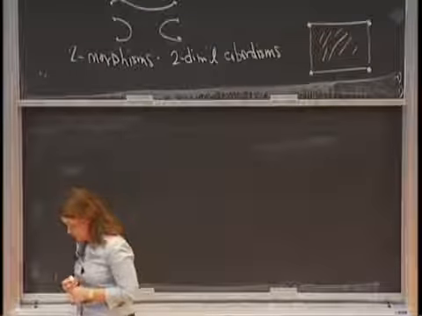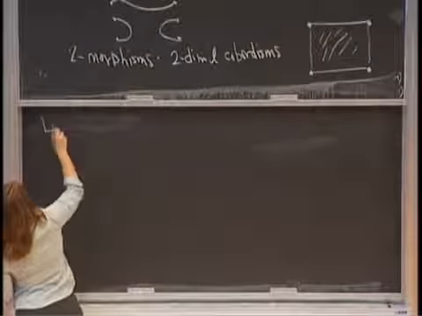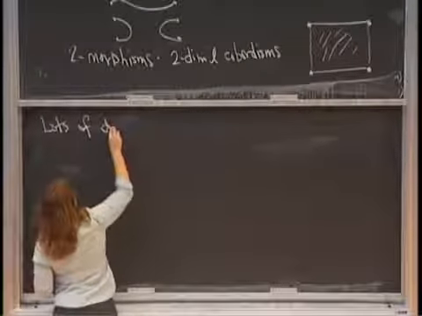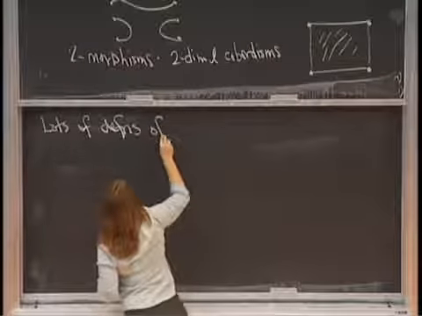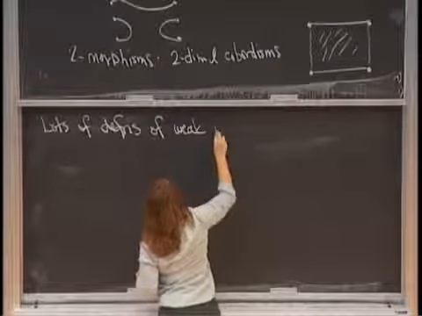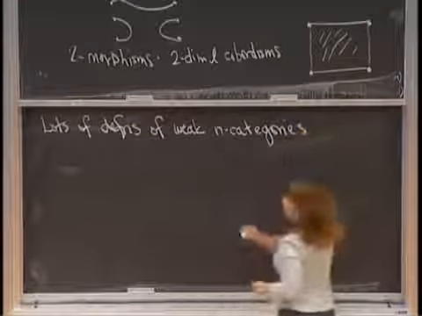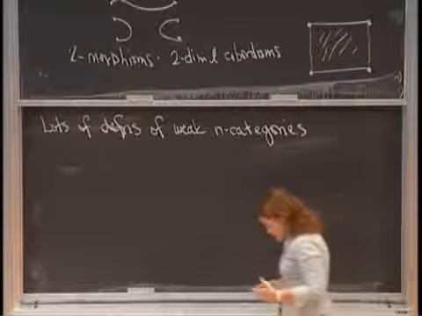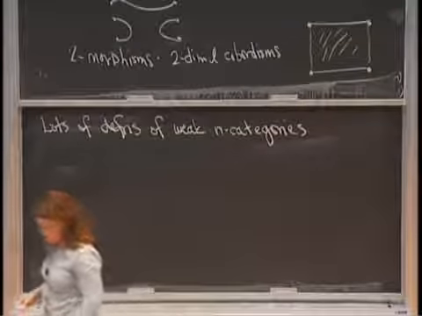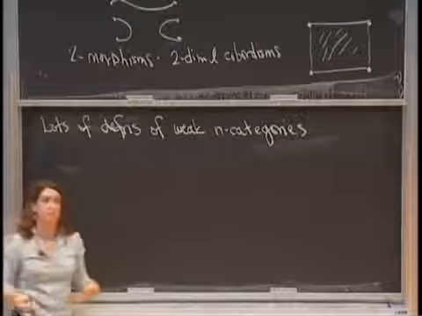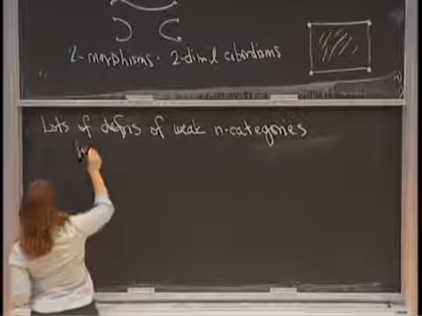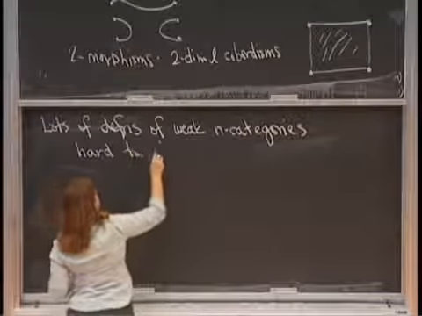I'm not even sure what the last count is, but so weak n categories, or even in the case of weak infinity categories. But there's, from this approach, almost nothing in the way of comparisons. So it's very hard to compare